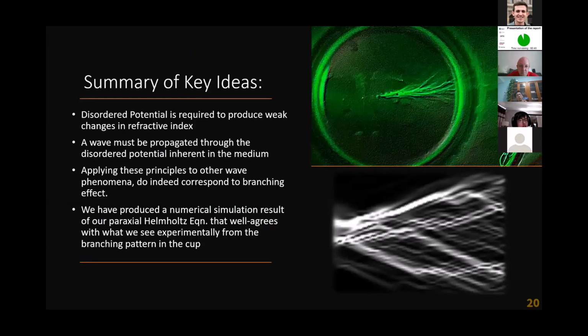Finally, a summary of our key ideas. One, we mentioned this important point that there must be a disordered potential that is able to display weak changes in the refractive index. Second, a wave that is being propagated through that medium, which we are interested in. And we applied these principles to other wave phenomena, which shows that there is a branching effect that is being made evident here. And finally, our numerical simulation results macroscopically agree with what the Helmholtz equation would produce,